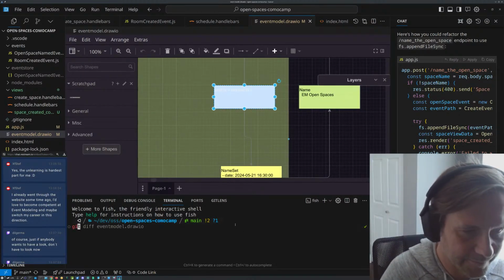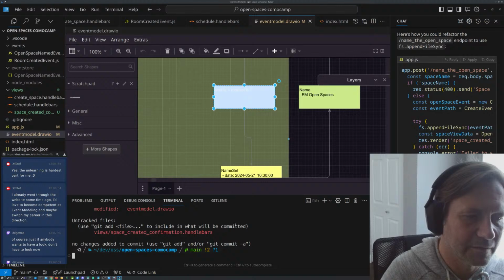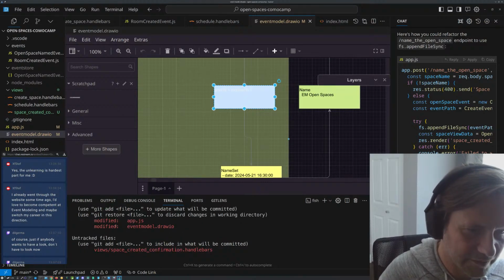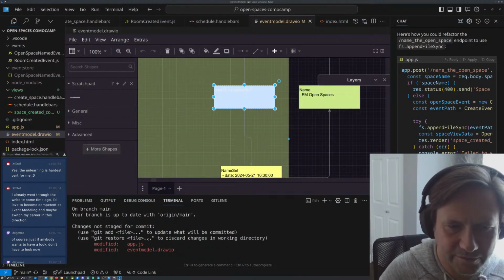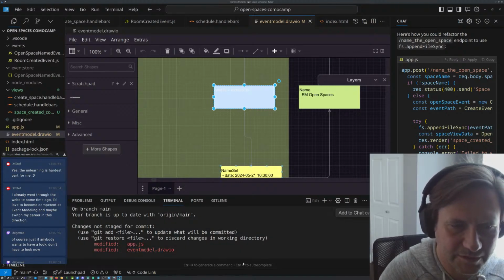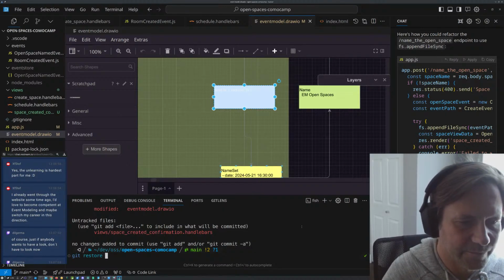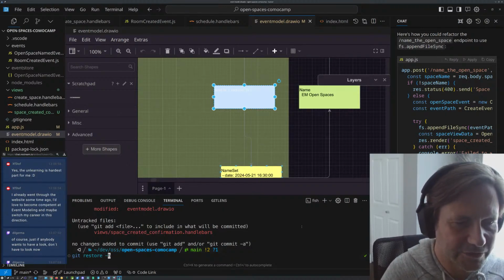So git diff. I think we can reset. Check out. What's the command here? Untracked files, modified event IO, restore. Okay, in the working directory. So we want to restore this, but we want to do it a bit at a time, just getting this out. So git restore. I think it's patch to do it.